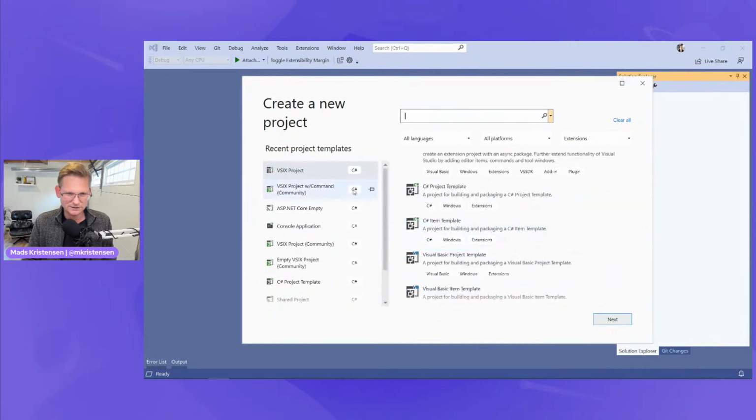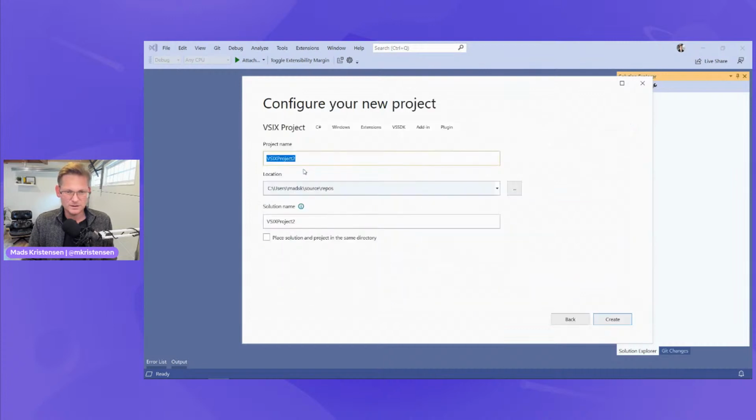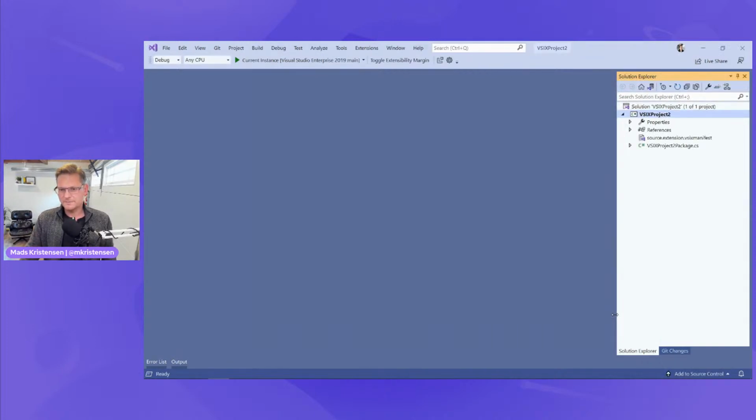I did do that, didn't I? Okay, so we just take the VSIX project. So I'm just going to create a regular VSIX project here. Okay, so let's look at what steps are required in order to prepare our extension for 64-bit, okay?